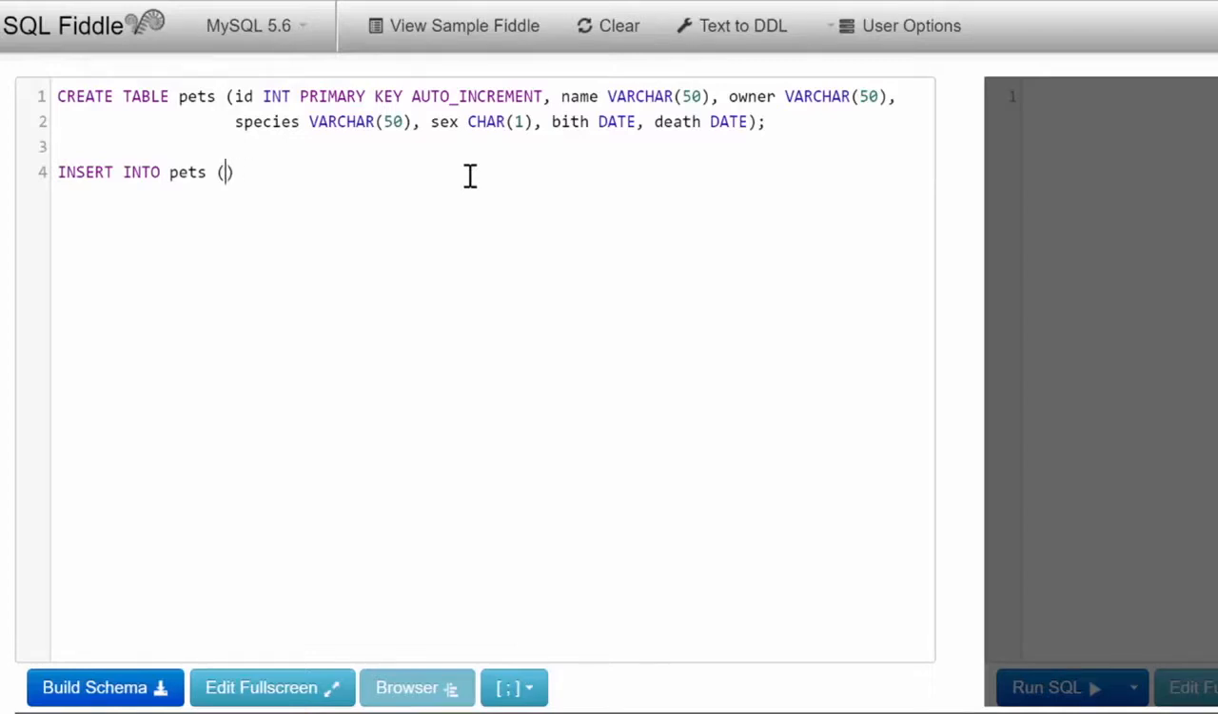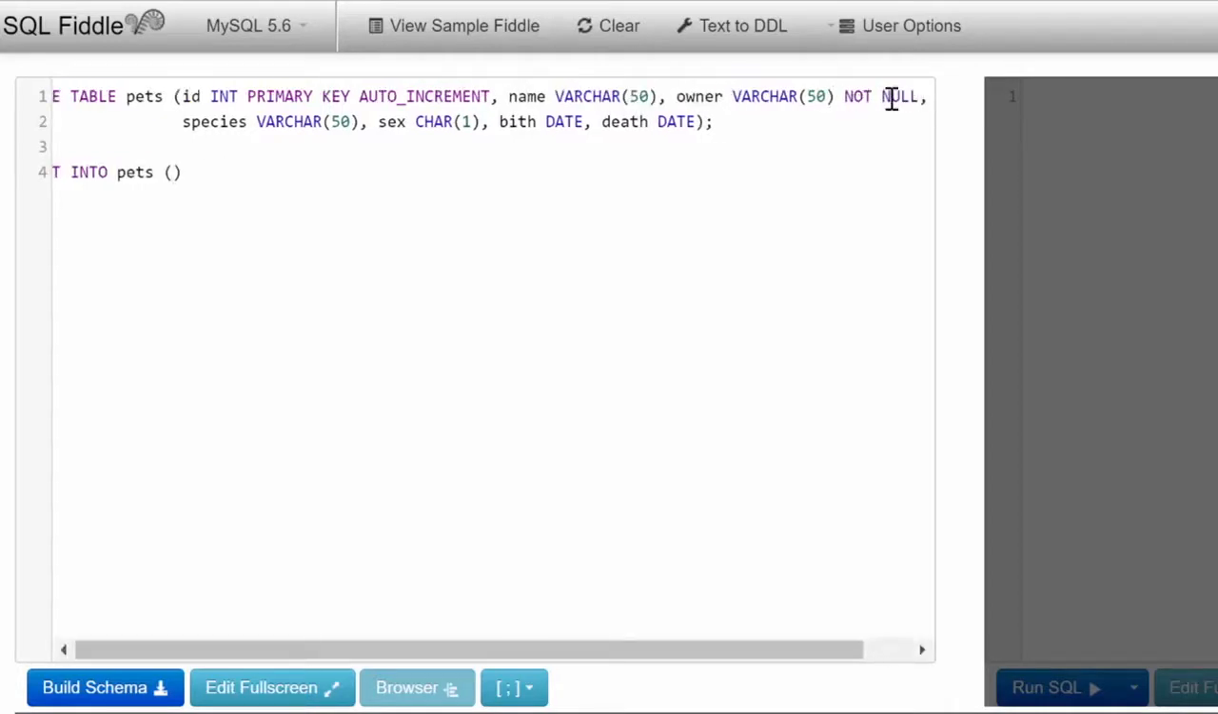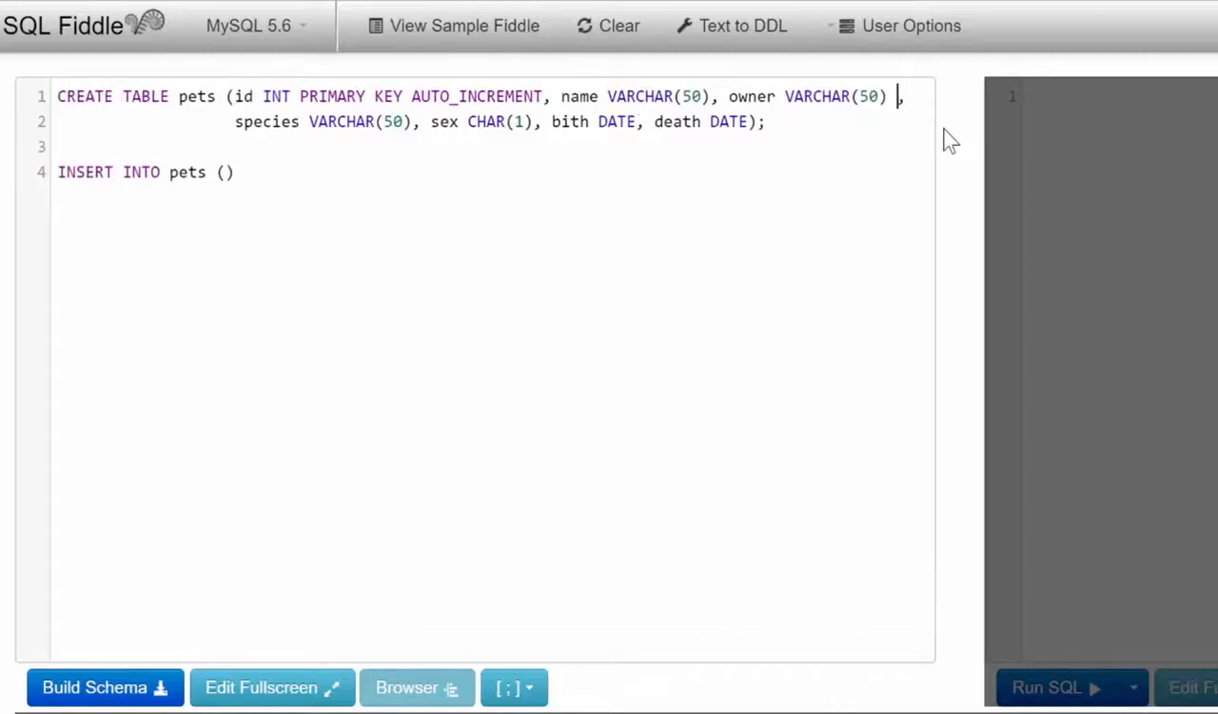So we are going to go ahead and put every other column in here. In this situation, I didn't mark any of these as not null, but if you want to force somebody to put data in one of these, you can just put a not null keyword there and it should work just fine. But it's really not that big of a deal because we're just kind of playing around with some SQL here. So we're going to put name, owner, species, sex, birth,